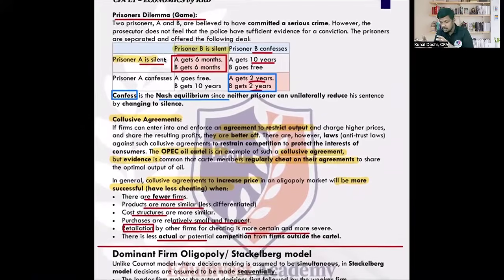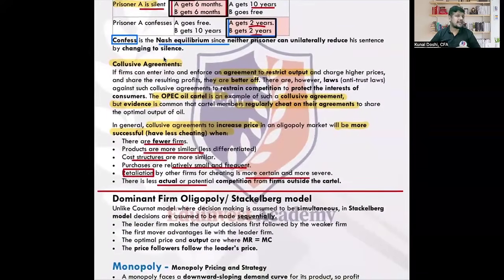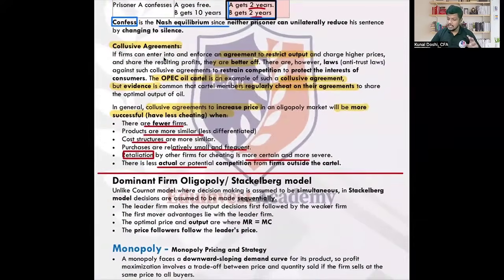So from the economics point of view, they all should have lower production and higher price, but they end up cheating and then they all probably produce more at lower prices. This is the reason why oil prices can never shoot up above 100, because outside the cartel there are also big suppliers from Europe and the US, and that's why the global prices of oil are relatively less. Understood? Clear? This is the collusive agreement.